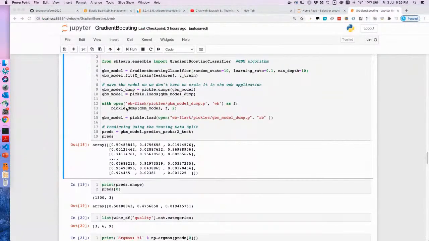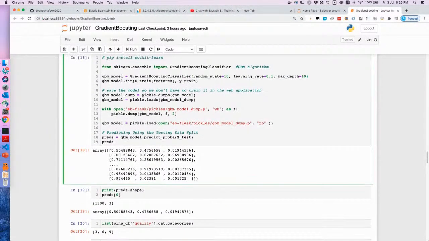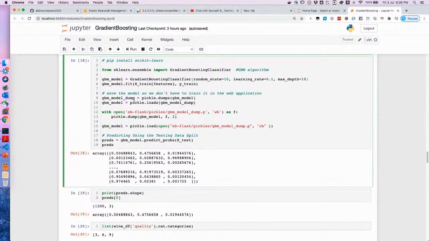Okay, so this is the most interesting part, what I wanted to show you. Once you create that object of the model, you do the fit. So you are actually doing the training at this point, right? So you have started the training, and once the training is done, what you do is you save that model